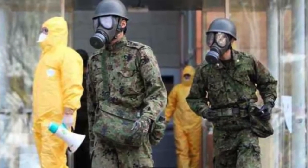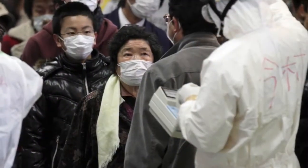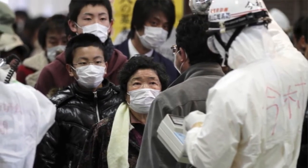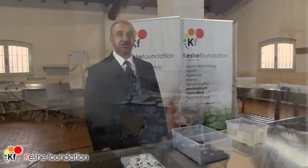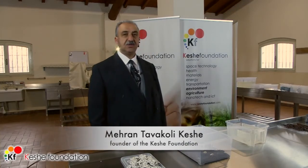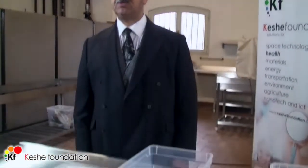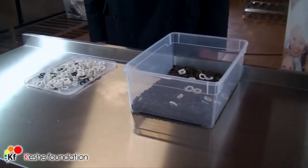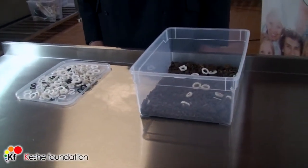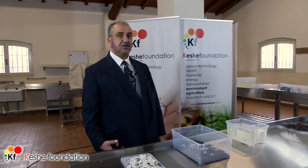Today is the 25th of January 2014. The situation with Fukushima and the accident which has happened in the Daiichi nuclear power plant has gone beyond control. We have tried to negotiate with international atomic energy authorities and TEPCO, the owners and the operators of the nuclear reactor, in trying to find a way that we can allow a new method of approach to start,